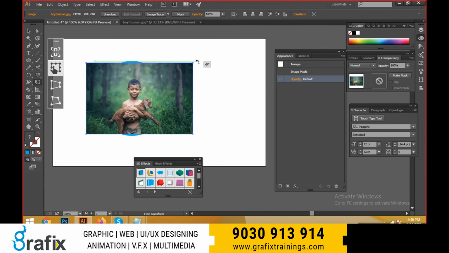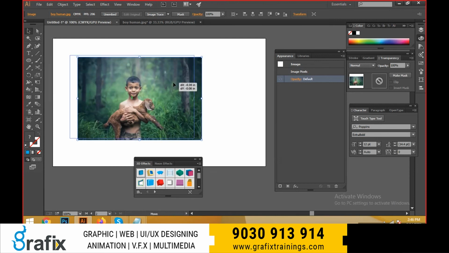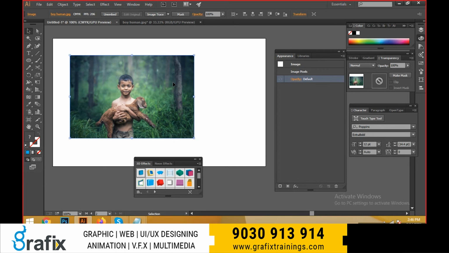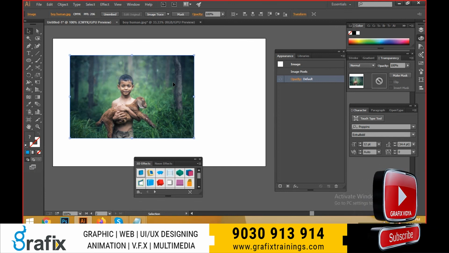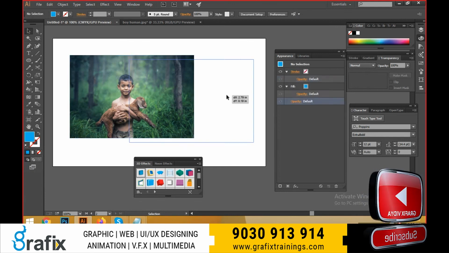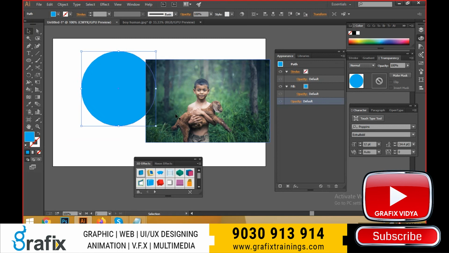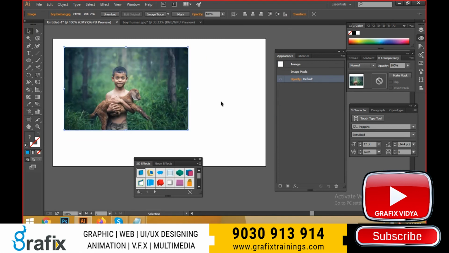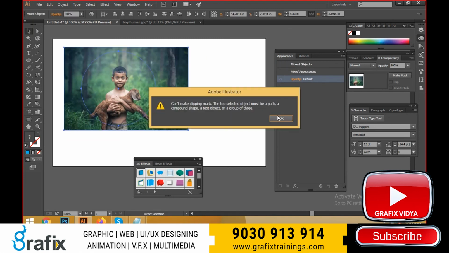Select this one. And select this image, and we have one object and we have one image. Select this one and create a clipping mask.